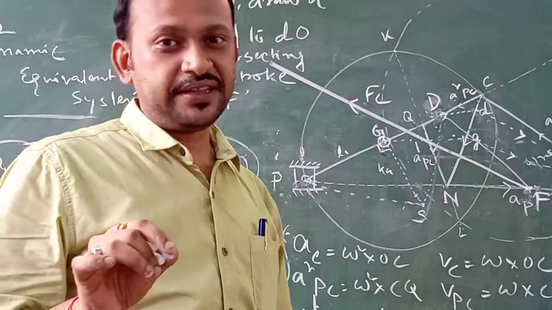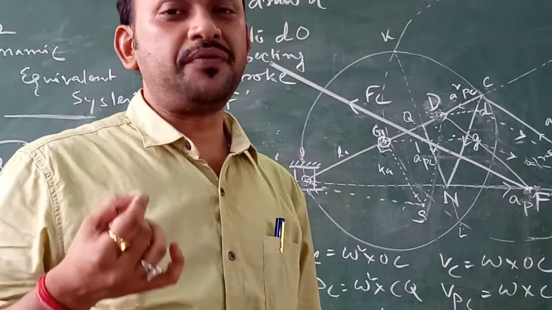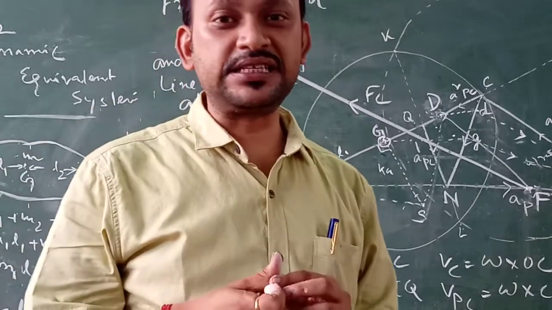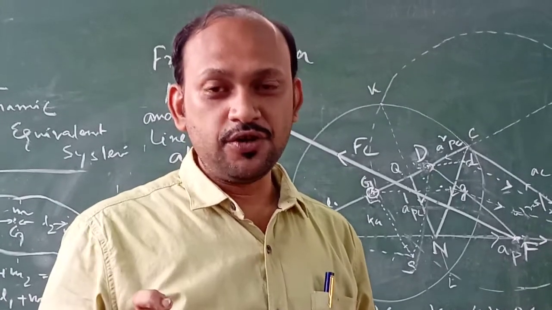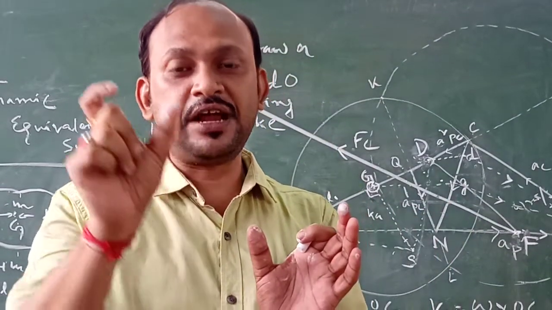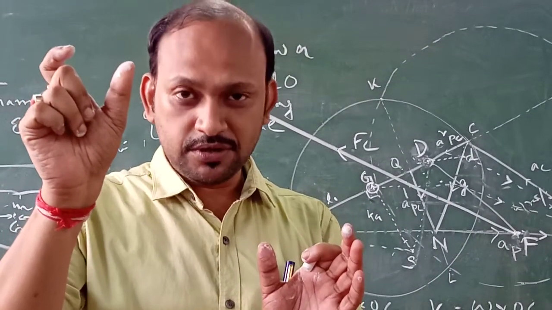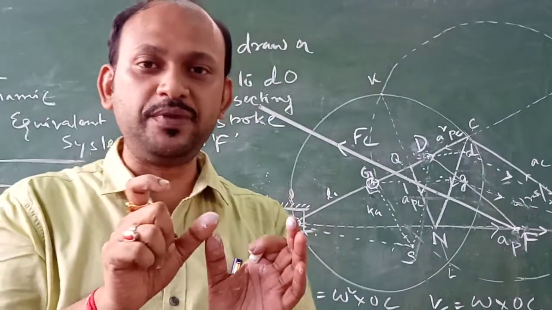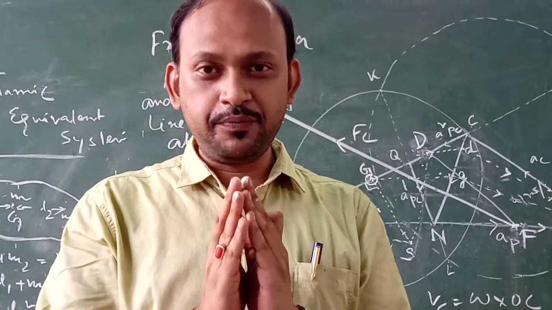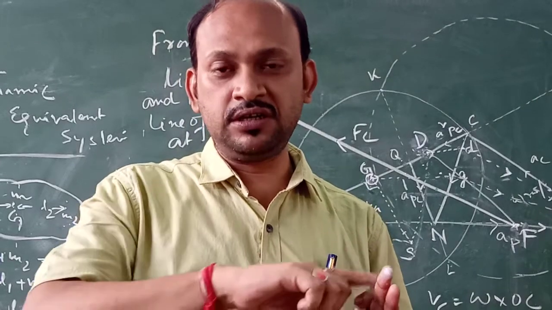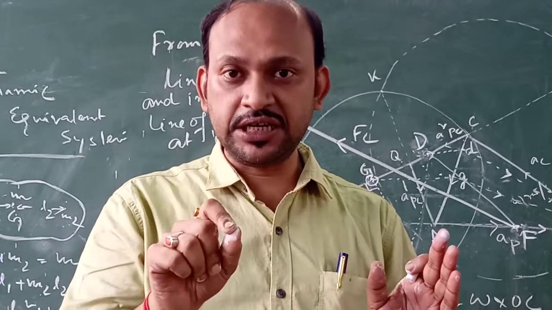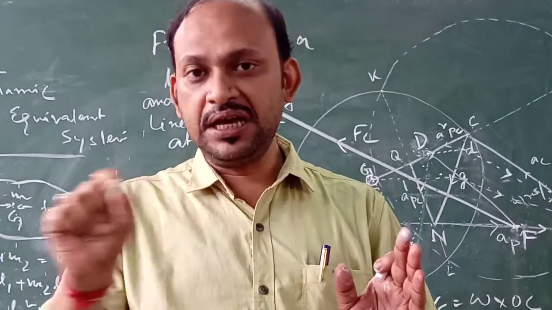This is mainly because, I am again repeating, you have heard about the term Coriolis component of acceleration. It says that whenever a link is having two different types of motion, one rotational as well as translational, when the system is translating, that will be followed by some amount of movement through rotation also. So that means the position you cannot fix. When I say position, if it is a rotational motion, the position at any point of time will be along the locus of a circle. If it is translational, the position will always be along the line of movement.